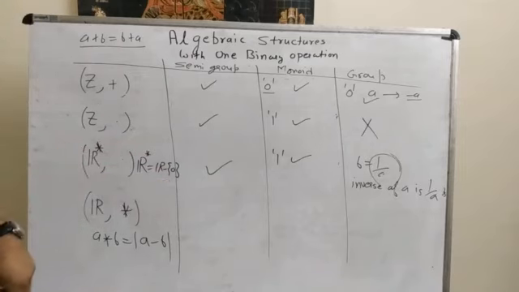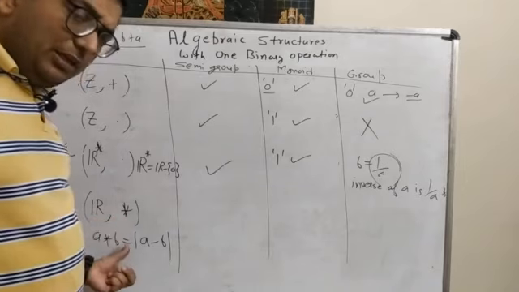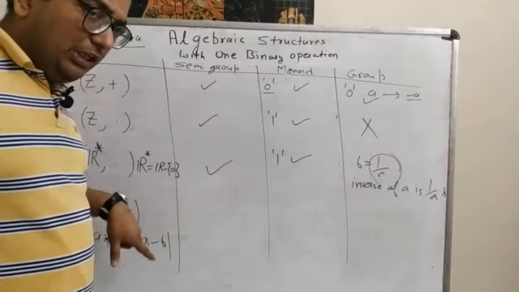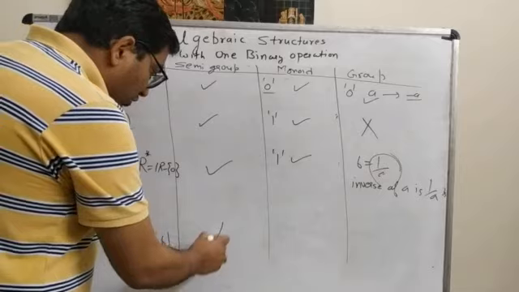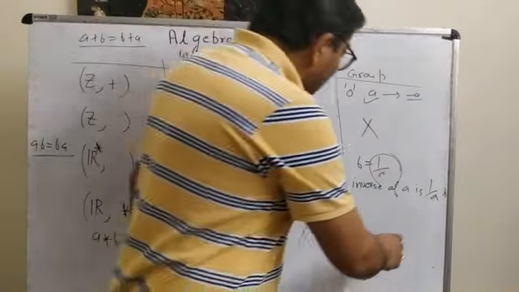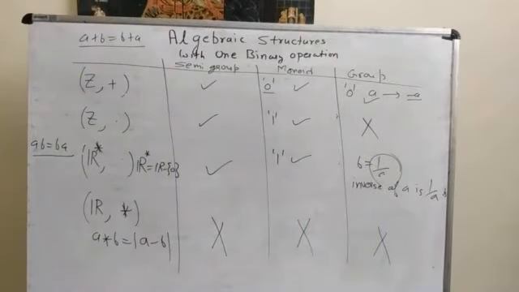Moreover, it is an abelian group, again because we know that A times B is equal to BA. Now let us see this algebraic structure. We have already discussed this particular algebraic structure. We know that this star is closed, but star is not associative. If star is not associative, it is not a semi-group, it is not a monoid, and it is not a group. Now let us take a few more examples.